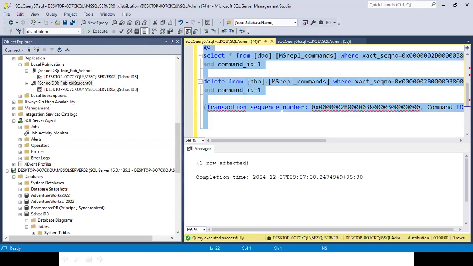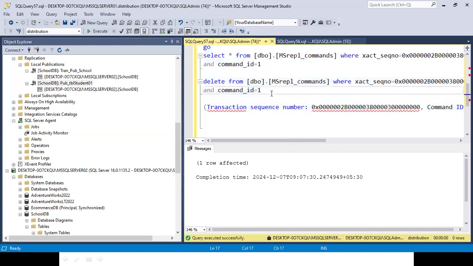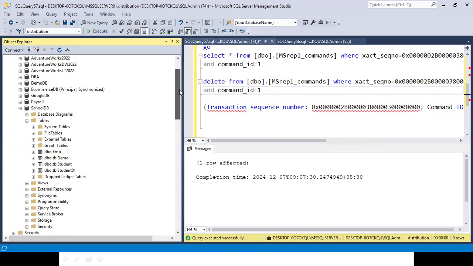Yeah, but the main focus you have to keep. Let me copy this query so that you get to know, because transaction replication is important. 90%, 95% of companies are using it basically. So please try to practice. If there is any error, maybe we'll try to fix it tomorrow.